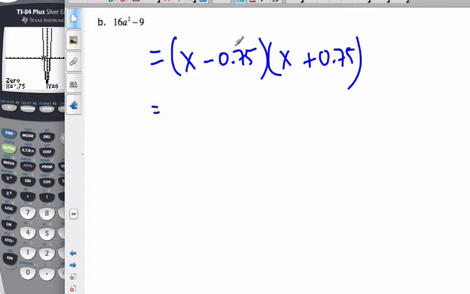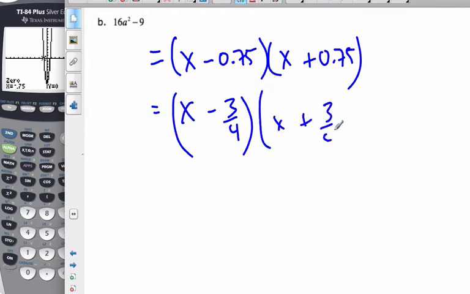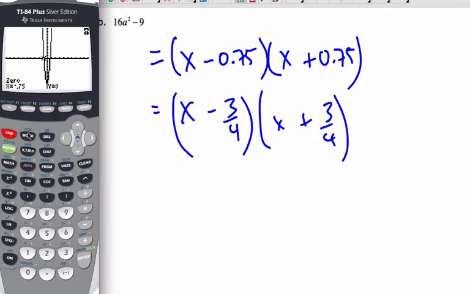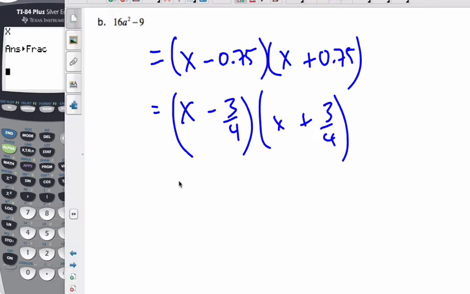Now I can't leave it as this. I have to make these integers. So if I convert that to a fraction, I know it's 3/4. I know this is also 3/4, but if you weren't sure, one of the things you could do, I know x is there. If I hit x now, it's negative 0.75. And if I go math, I can convert it to a fraction, and it'll give me a fraction if it's harder than 0.75. This one here, I am going to multiply by 4, and this one also multiply by 4. And when I do that, I get 4x minus 3